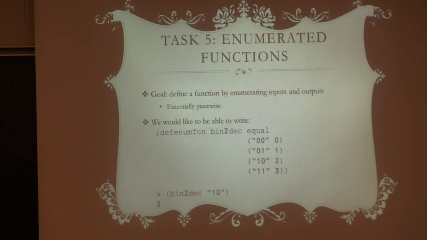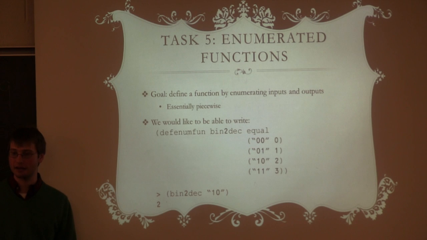Another thing, enumerated functions. We want to be able to write this. And this is the Lisp way of programming. In C++, you say, okay, how does the compiler want me to write a function? It says, okay, give me braces, give me brackets, put a couple of parentheses, variable names, done, we have a function. Lisp asks you, it doesn't tell you. It says, how do you want to be able to write a function?